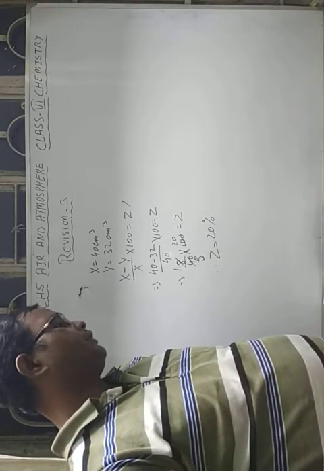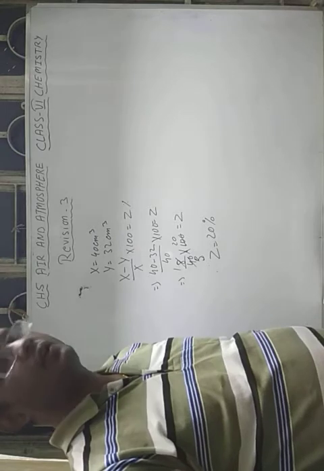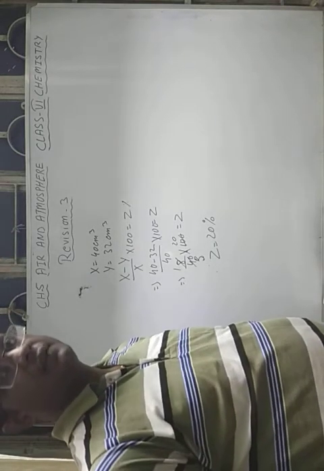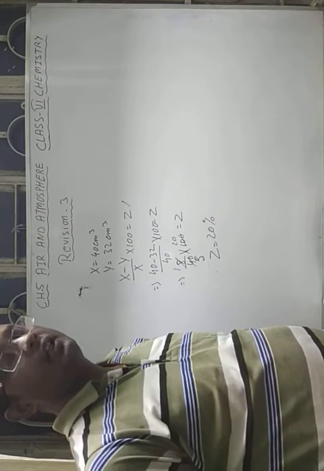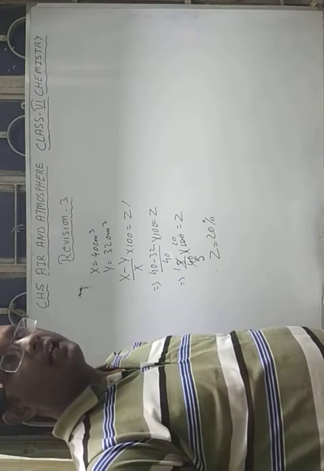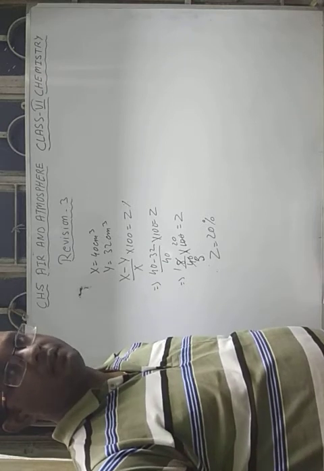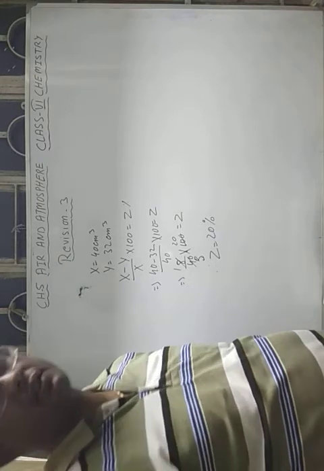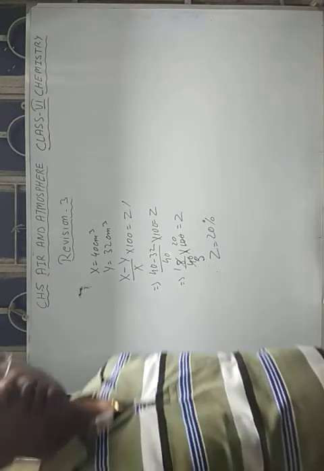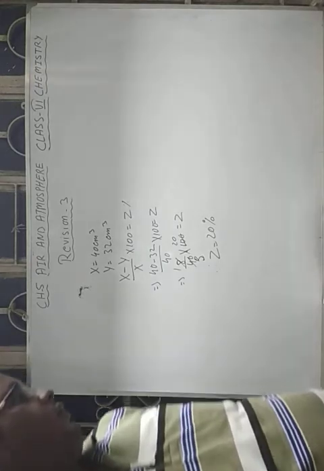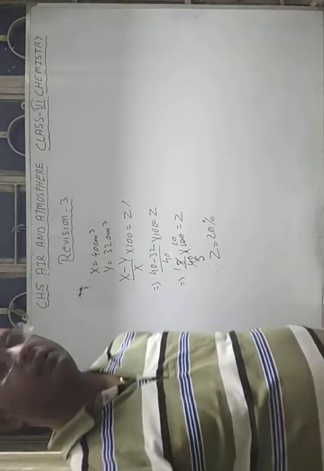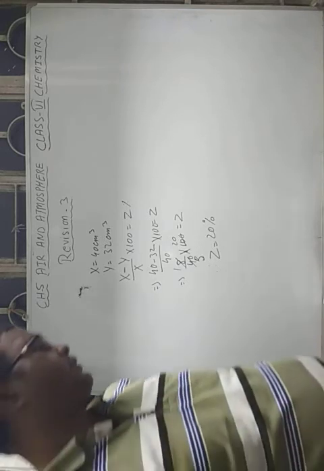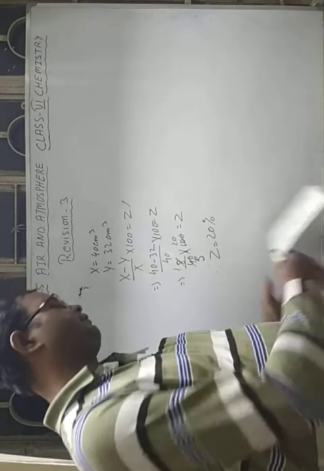What products are formed when fuel is burnt in the air? When fuels are burnt in the air, it gives out carbon dioxide, sulfur dioxide, and nitrogen dioxide. If the fuel undergoes incomplete combustion, it also gives harmful or poisonous gases, that is called carbon monoxide. Okay, so very important picture studies. Study it.